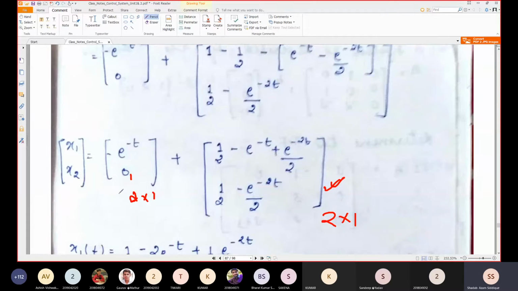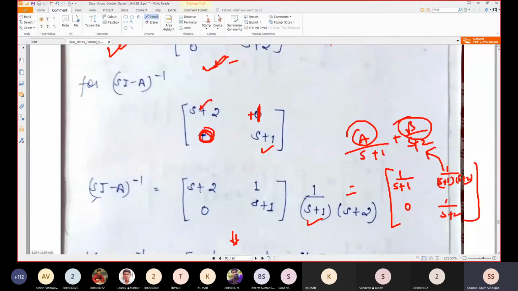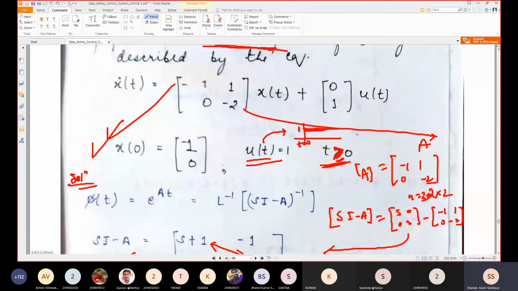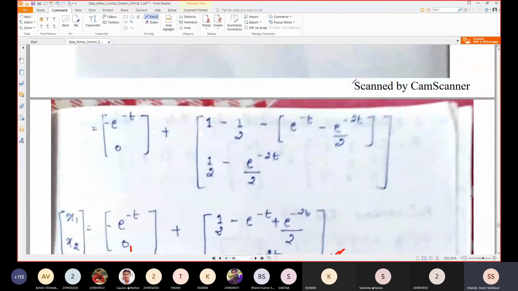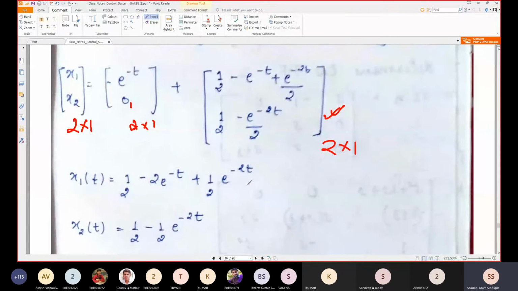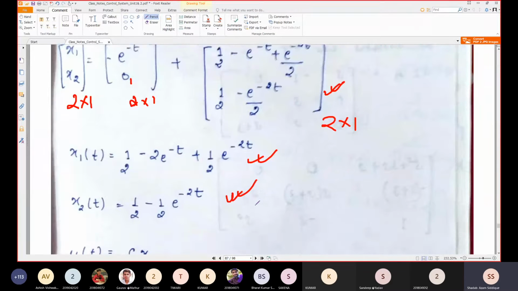So our X should also be a 2 cross 1 matrix. Why is X a 2 cross 1 matrix? We can see in the problem itself, it is given as X dot of t, and n equal to 2. N equal to 2 means this is a 2 cross 2 matrix. So how many states are there? There are 2 state variables, x1 and x2. n gives you the number of state variables present in the equation. So there are 2 state variables, represented by x1 and x2. That is 2 cross 1, that's why it is written as 2 cross 1. So in the solution it is written as x1 and x2, and you can find the x1 solution and the x2 solution. This is the solution.